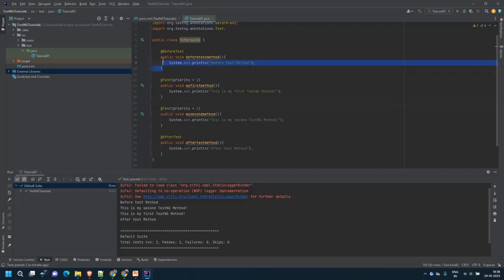Same thing like that. And if you have a before method, so many people are getting confused between before test and before method. Before method is meant to run before all the test methods. Okay,